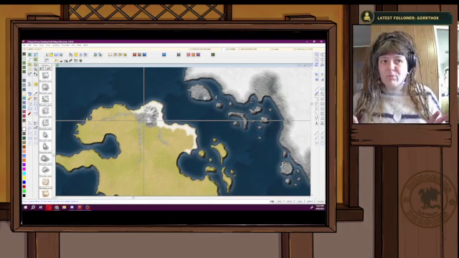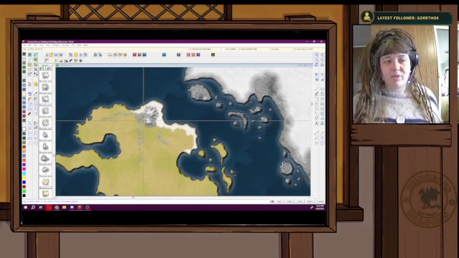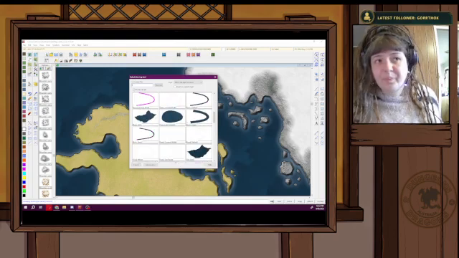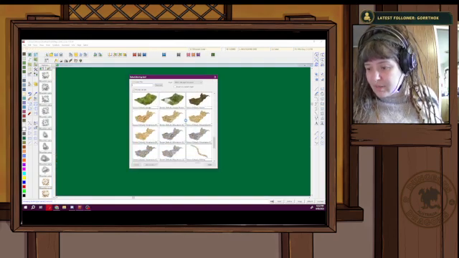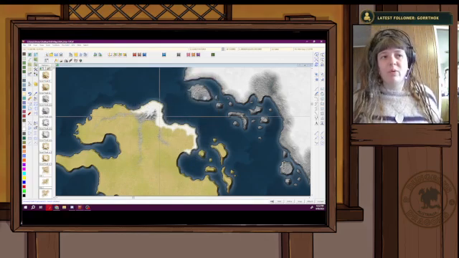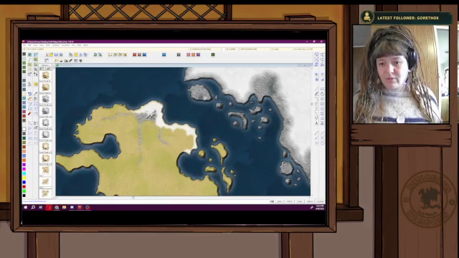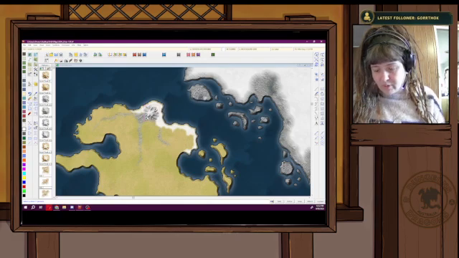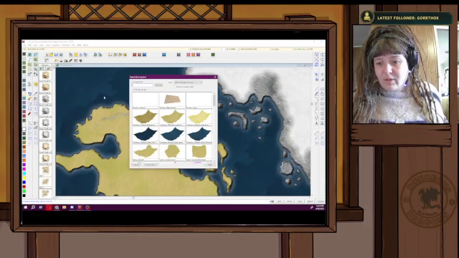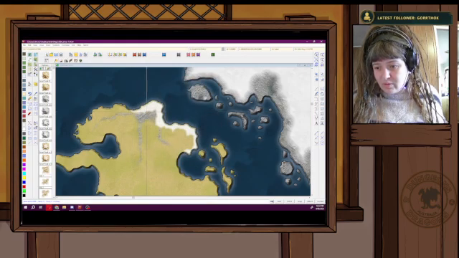So we can either put them in manually, scaling them as we see fit, or there's a cool tool in this 13th Age Revisited map set. Here it is: mountain default, mountain snow. We'll get rid of that last mountain that we placed. The other thing we can do is pick this mountain range snow, and then we can sort of go